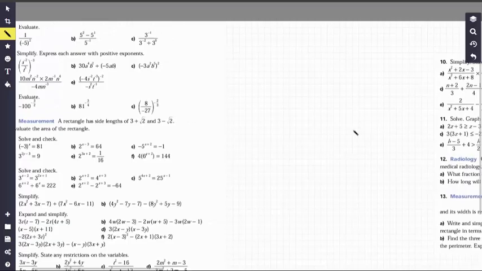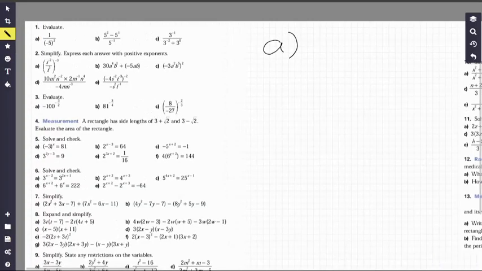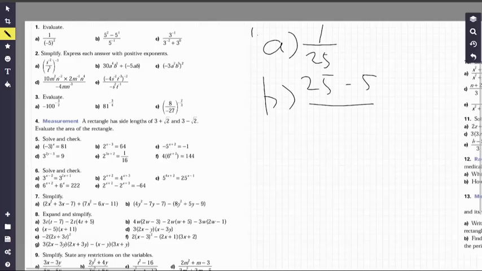Okay, so A, it's a simple question. Negative 5 to the second power is just 1 over 25. I will write out all the answer for one question and then I will delete it afterward. So for B, we have 5 squared, which is 25, minus 5 to the power of negative 1, which is